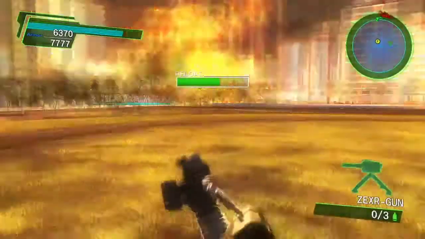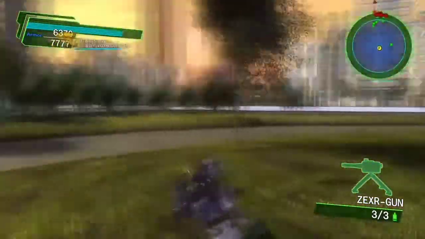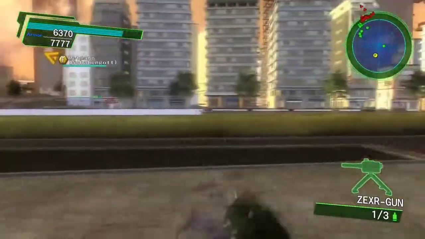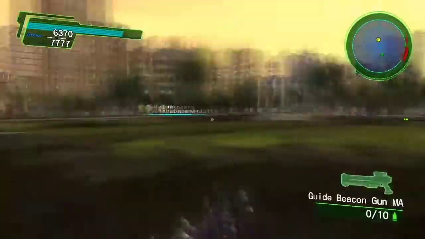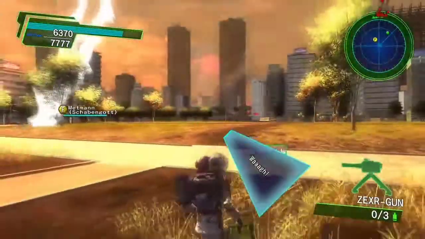I think I finally got my Proteus, so I'm going to throw that and then just reload my Zexar guns and defend again. Now he's going to try and attack the gold nest as best as possible, trying to lock onto that gold nest. It's kind of hard to see. I guess I didn't know the Proteus yet. It's kind of hard to see sometimes where you're actually locking on,